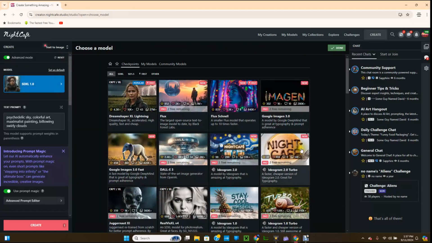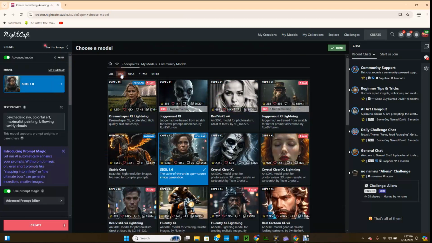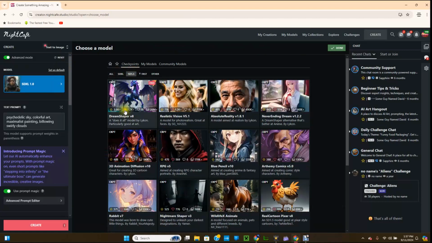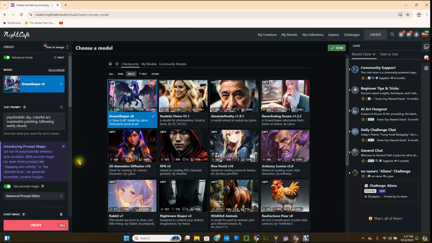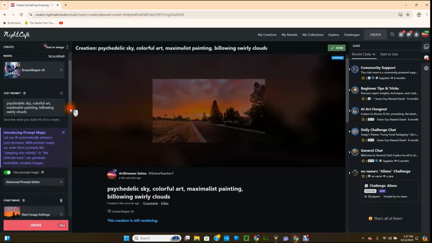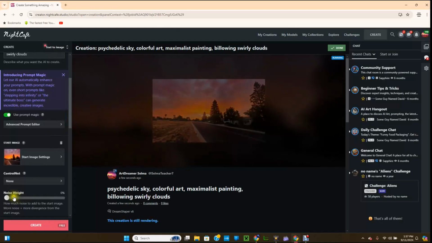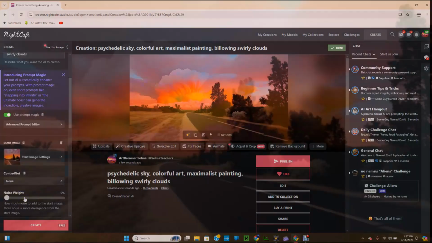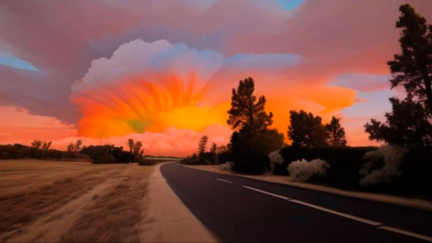Let's see what other models we have out there. Let's choose this free one, this Dream Shaper V8, and see what happens. We're doing this at 0% noise weight. There we go. So we have this image created.